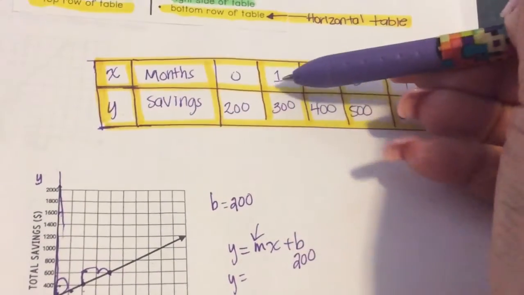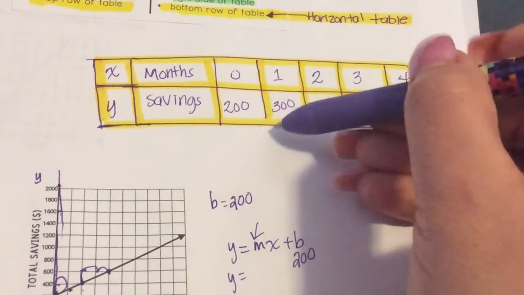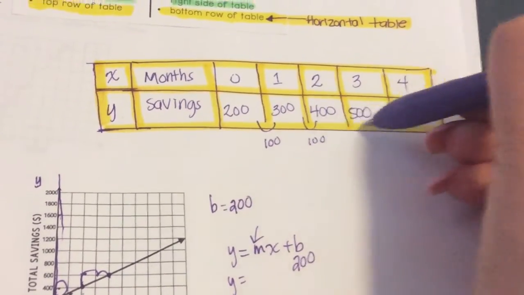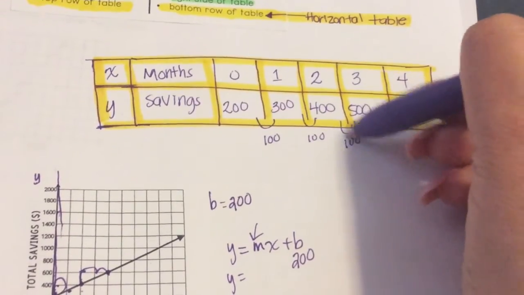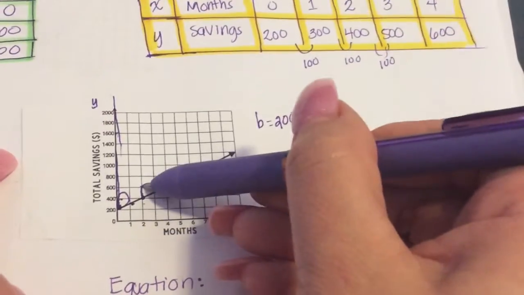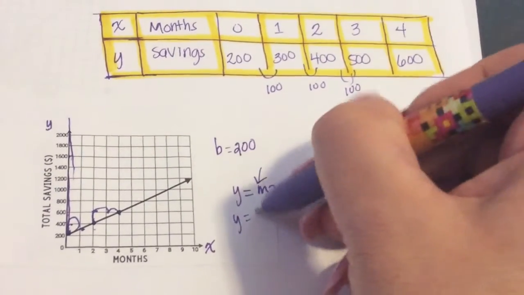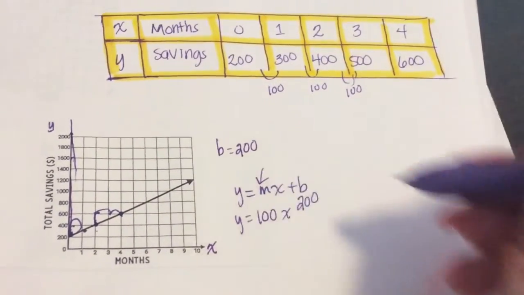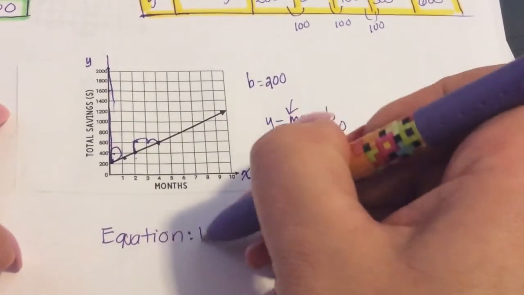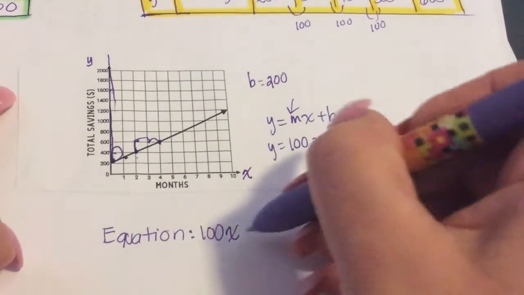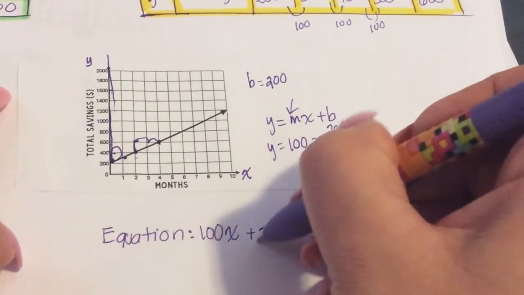And if we notice on the table, every month it's going up $100 more. So what is my rate here? 200 divided by 2 is the same as 100. So m is definitely 100x. If I want to write it neatly, I can say the equation here is 100 times x plus 200